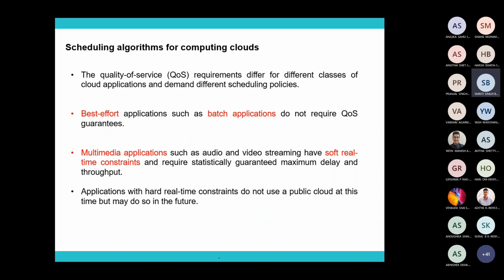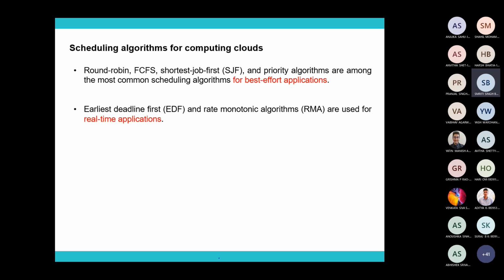Maybe some other class of applications have soft real-time constraints, right? Maybe multimedia applications also. They may have more restrictions than batch applications, but less than the hard real-time constraint. Maybe some mission critical applications, where if it is to be done within a given time, it should be done in that time itself. Deviation is not allowed. For a multimedia application, maybe a small deviation will be allowed.